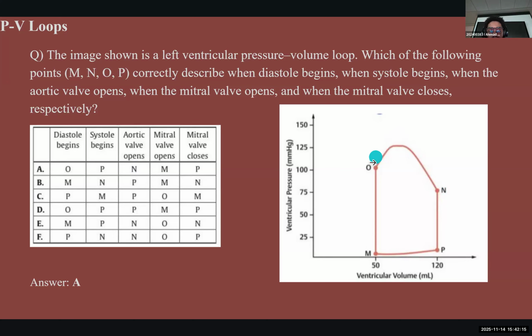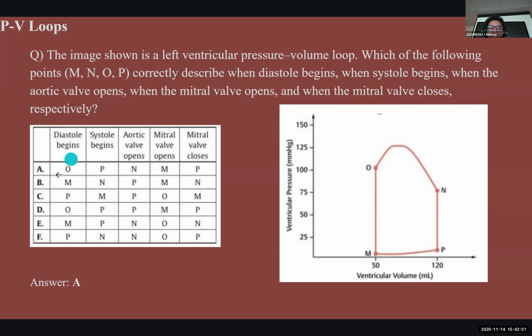After that, when we get to point O, notice the pressure again. The pressure is going down while the volume remains the same. So what does this mean? This means that the mitral valve is still closed, as we mentioned earlier, but now the pressure in the aorta exceeded the pressure in the left ventricle, causing the valve to close. As soon as the valve closes, both of them are closed. So as a result, diastole begins, or relaxing, with the volume remaining the same and the pressure going down. That's why it's isovolumetric.